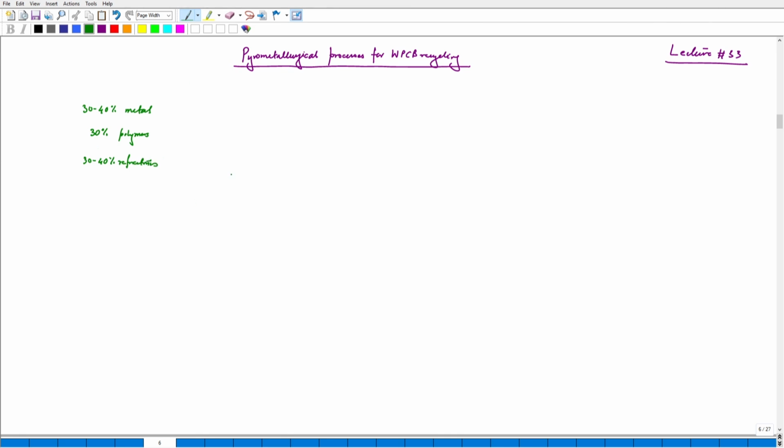These are basically oxides, and we also know that from a general perspective, nearly 3 to 7% of total e-waste is basically WPCB,